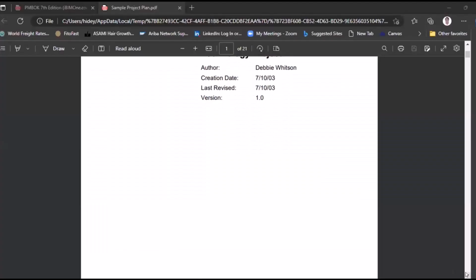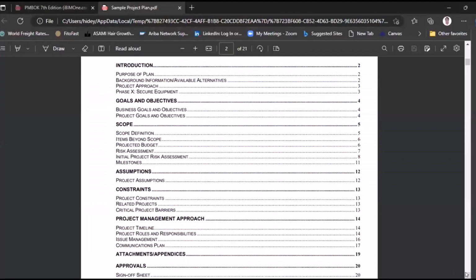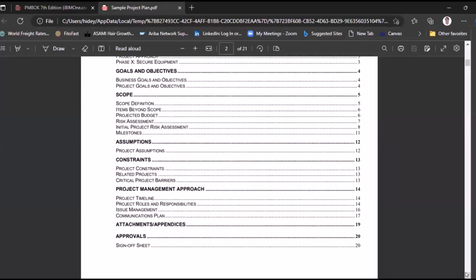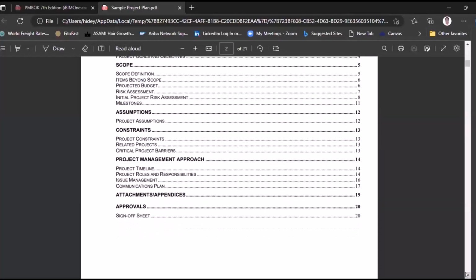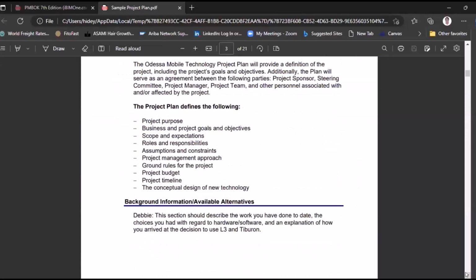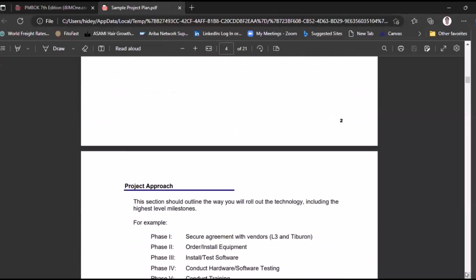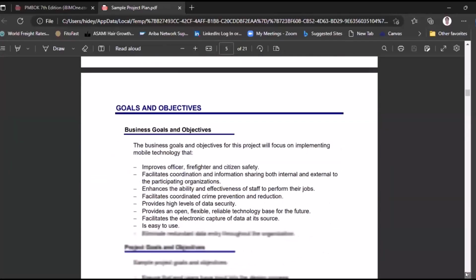The project plan includes the goals and objectives, the scope, your assumptions, the risks and constraints are also there, and of course the project management approach and all the attachments. And the most important thing in a project management plan is the sign off of all the stakeholders, especially the major ones.